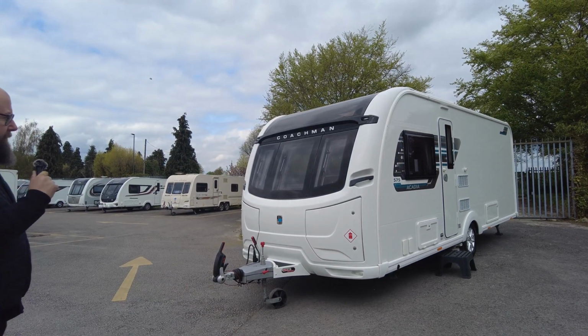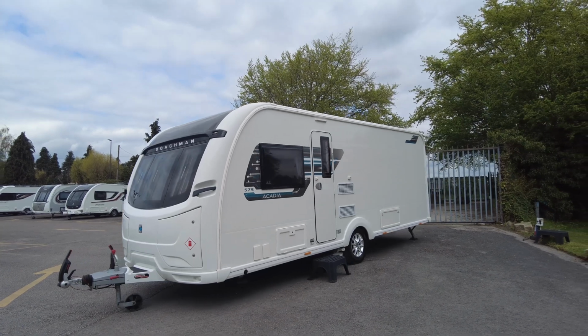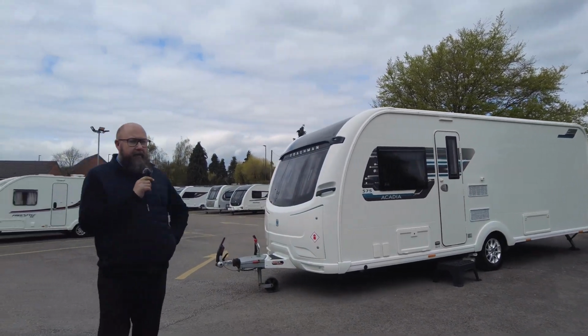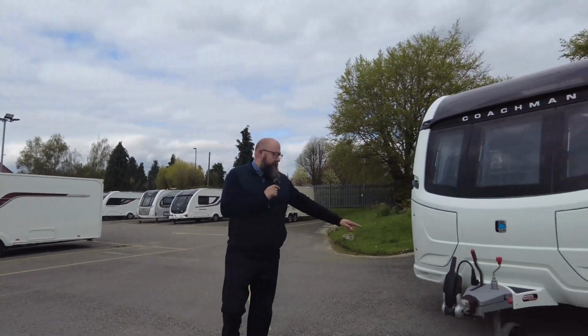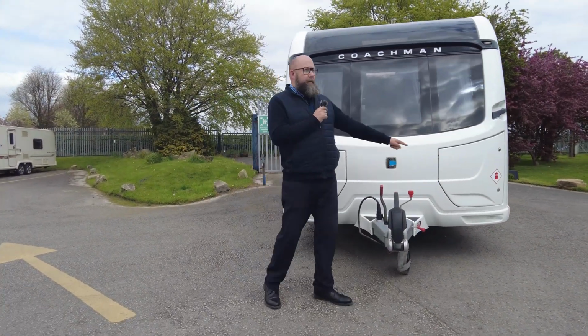So today I've got for you a caravan. It's a 4-berth 2020 Coachman Acadia 575. It's a transverse island bed with a convertible lounge that turns into a bed. It's got an ALKO-ATC hitch, and you've also got 2 storage lockers at the front here, one for gas and one